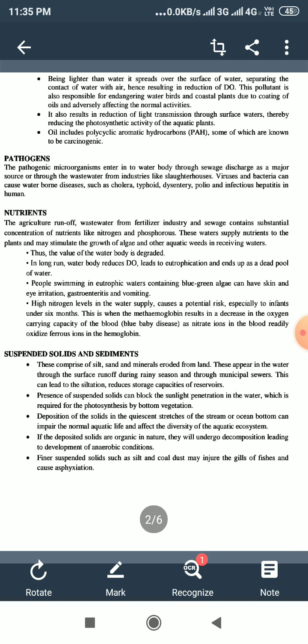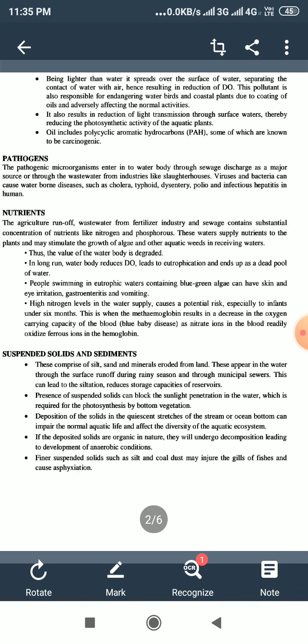Next is the suspended solids and sediments. These comprise silt, sand, and minerals eroded from land. These appear in the water through the surface runoff during rainy seasons and through municipal sewage. This can lead to siltation, which reduces storage capacities of reservoirs. Presence of suspended solids can block the sunlight's penetration in the water, which is required for the